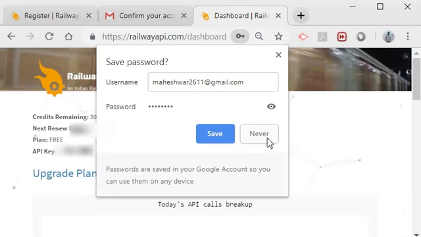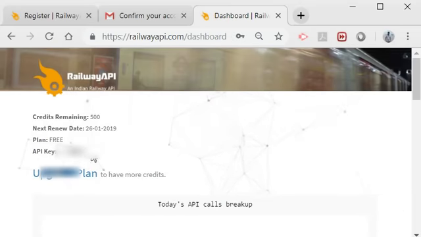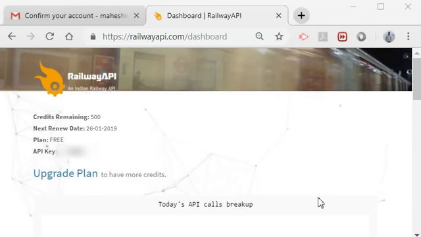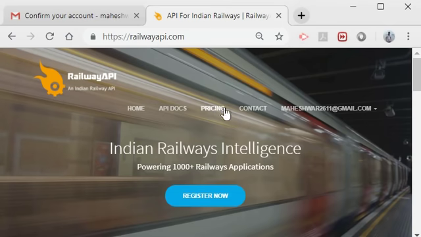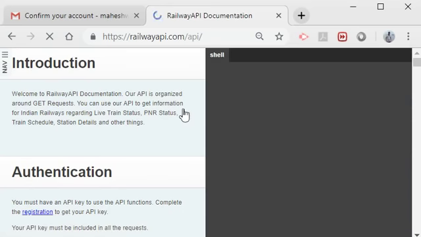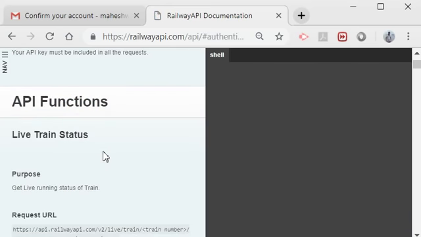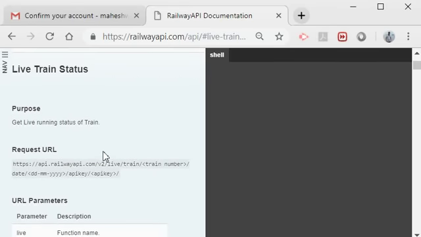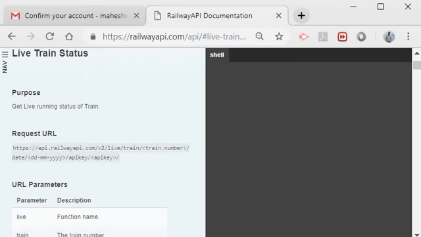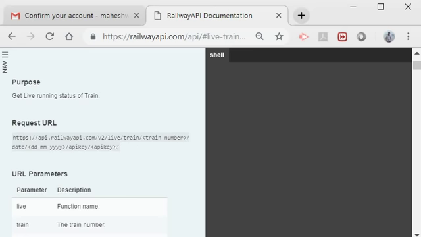Okay, so they generated your API key, and you have 500 credits and a renewal period of approximately 3 months. So first read the documentation about this API. Click on the API logo, then go to API docs. Here you will get a link. You can see here live train status and request URL. Copy this,